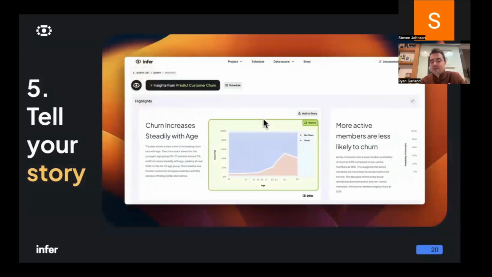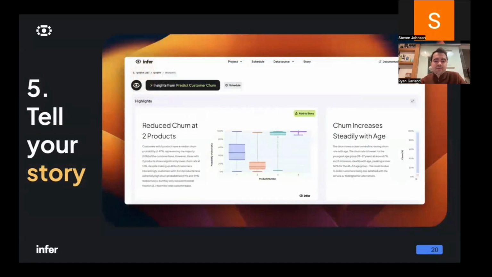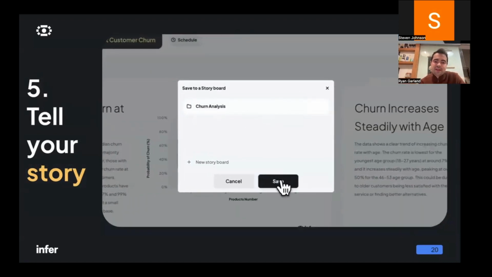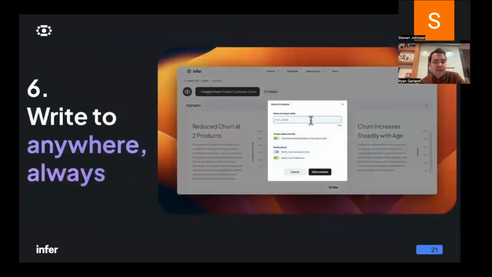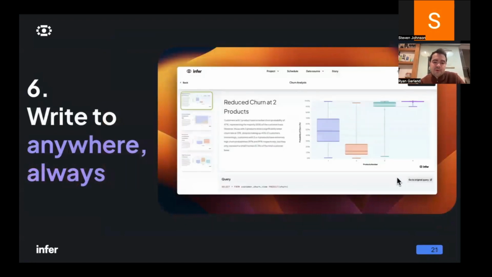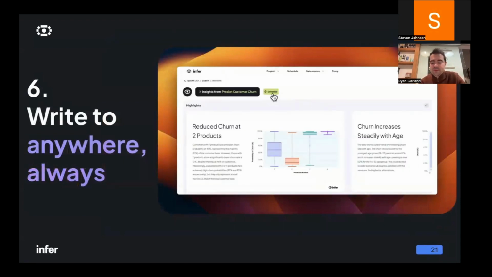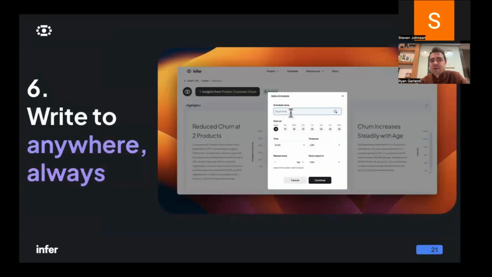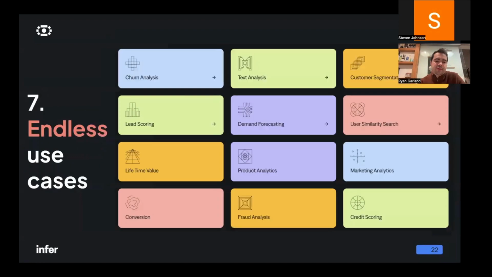So obviously, we can get you to a filled canvas as quickly as we can, but then you'll want to tune it yourself. You'll want to reword things or update some graphs and things like that. And at the end, we allow people to schedule any kind of analysis that they've done or any kind of predictive model that they've created, and then write the results to anywhere. So you might have a churn analysis model or a lead scoring model, and you want to run it